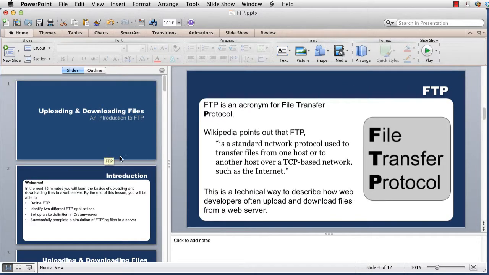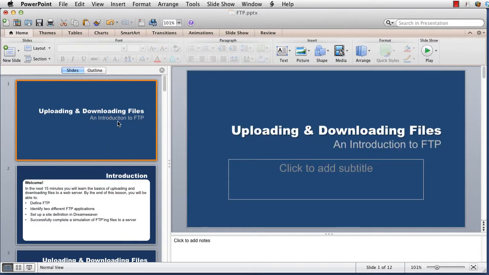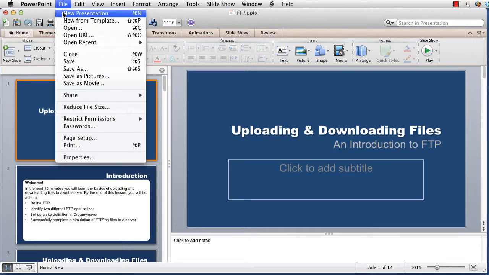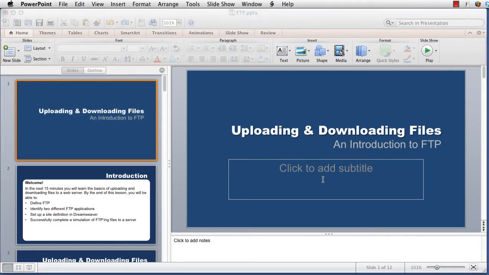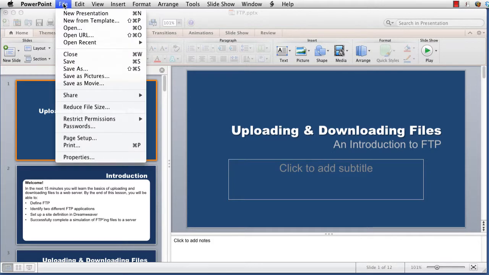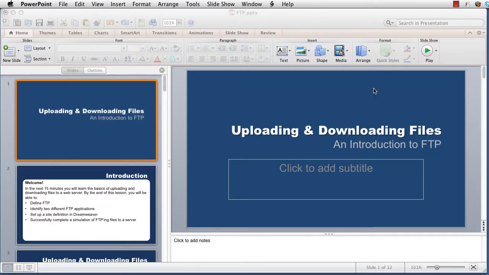and one of the things that you want to always focus on are the design principles of CARP: contrast, alignment, repetition, proximity. And so one of the ways that you can do this is when you open a new slide in PowerPoint. So if I do File, New Presentation,